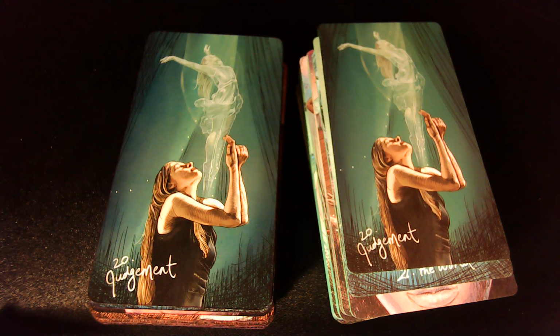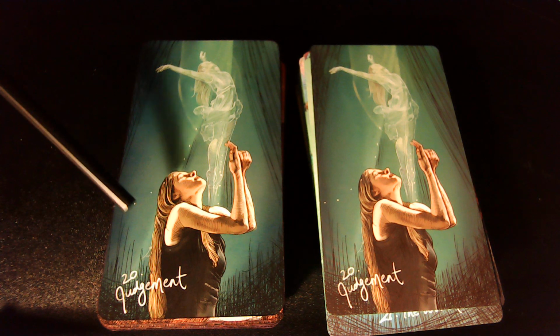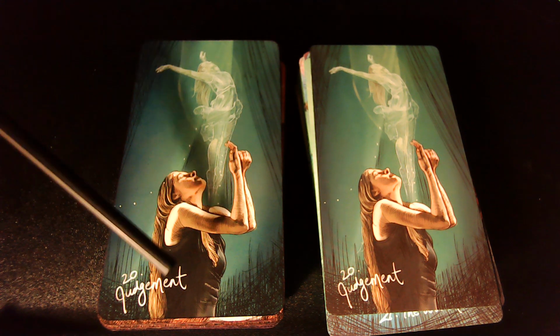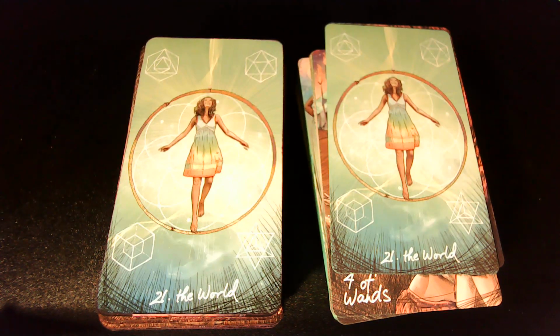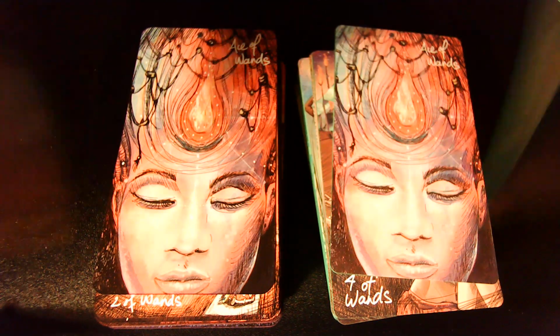Okay, the Sun card, Judgment. We have more definition in the hair. It's just sharper here. The coloration again is just more saturated. Even this is more defined. We have the World. Okay, now we move on to